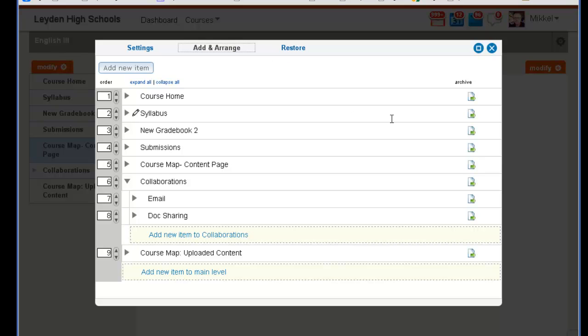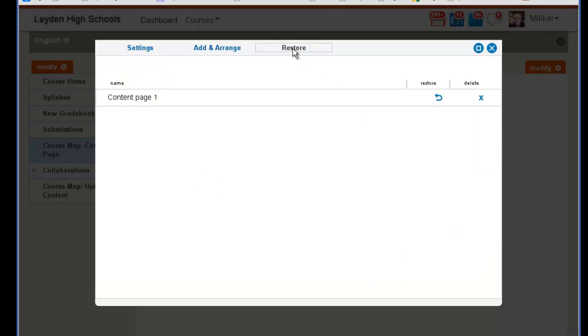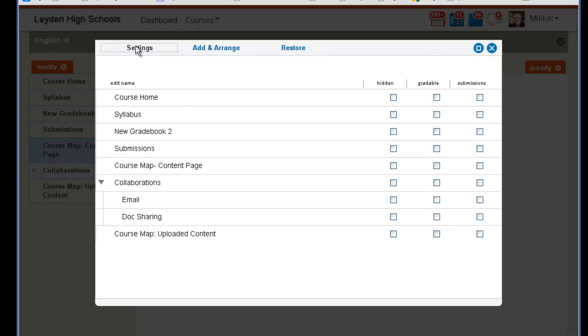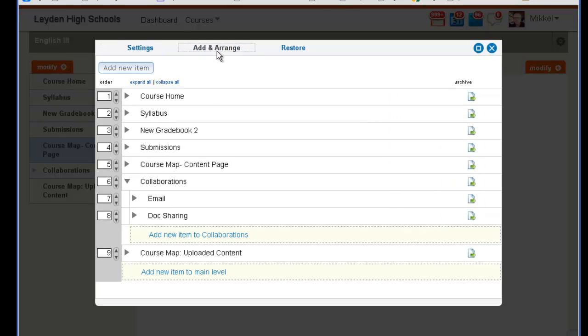And then if you want to delete anything, you can archive something, and if you archive it, here's where you would restore it. The content page 1 is something that I've archived. So what I'm going to do is just add a content page. See, right underneath here it gives you a link if you want to add a new item to collaborations. So let's say I want to add a content page